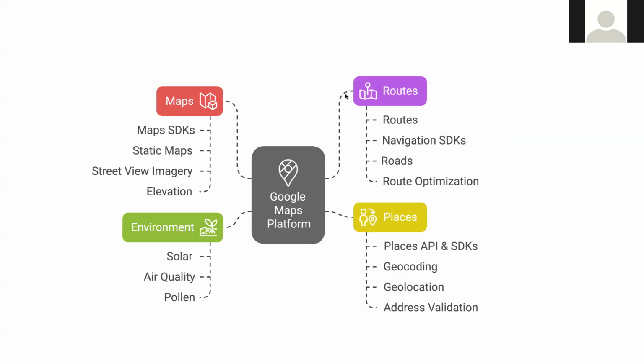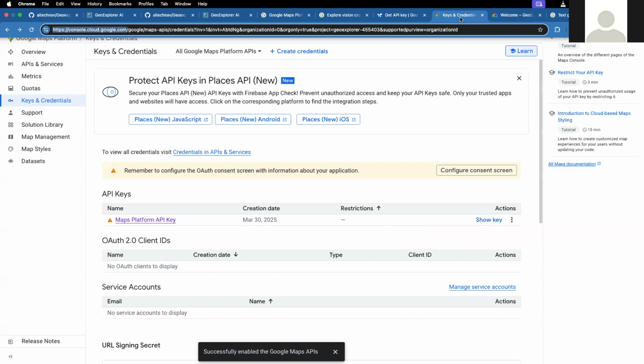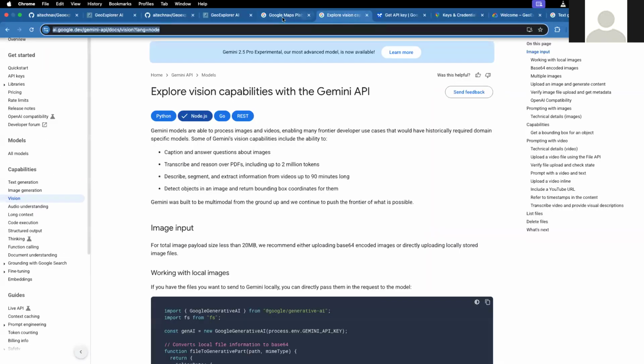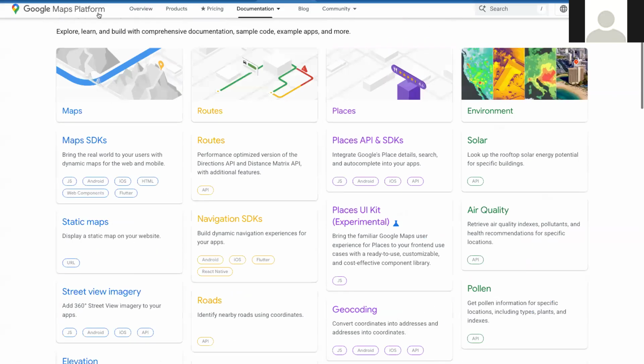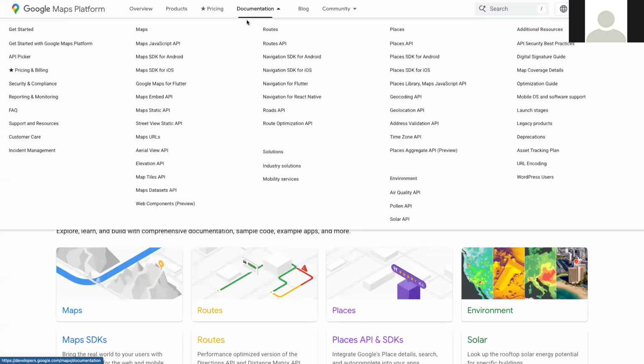How do you see all that information? You just search for Google Maps Platform, go to the documentation section, and you see they have a very big documentation. For example, the Geolocation API and Geocoding API, we're using those, and the Address Validation API